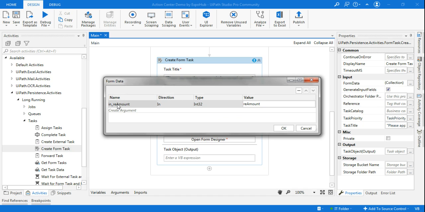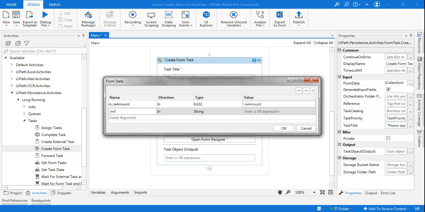Okay, so the value will flow to this argument. Done. Now the second thing I am going to do, once it is approved, out_ underscore, so I might claim for 1500, wherein the company said within 1000, so there is a limit, so only 1000 rupees will be approved. Let's say I am applying for 5000 rupees, only 3000 will be approved. So in such conditions, out_